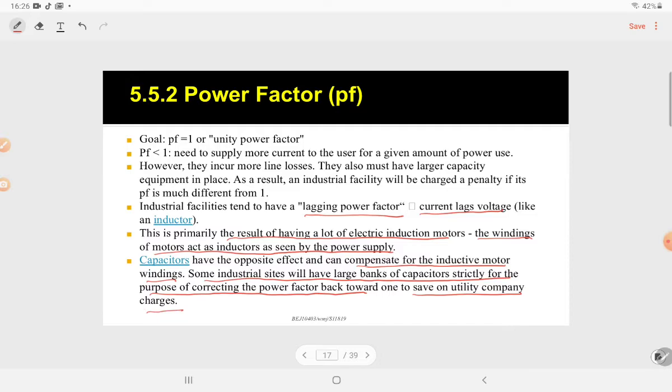So therefore, in order to balance the power, like I said, we use a capacitor to ensure that our power factor can be nearly 1, right? So power factor is very important, because a low power factor will incur a lot of power, so therefore your bill will be higher. Okay,